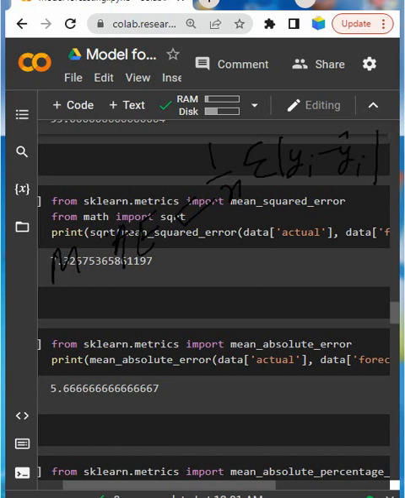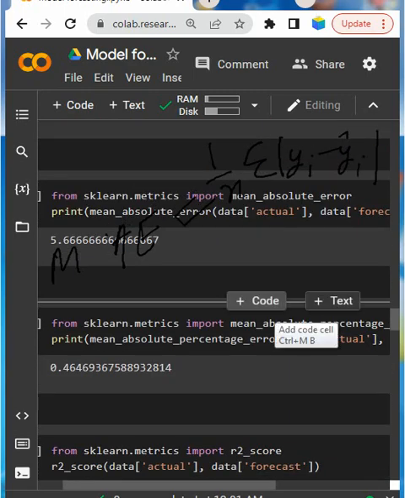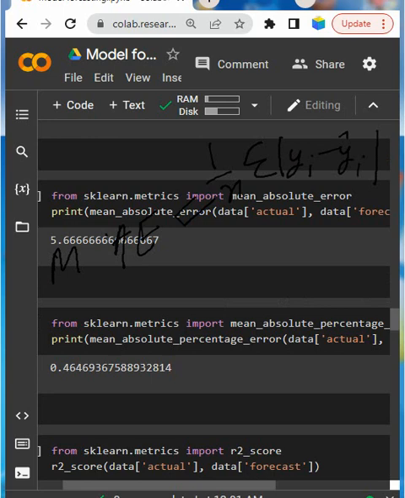MAPE, another one. MAPE means mean absolute percentage error. Mean absolute percentage error is the same, but it will divide by yi.